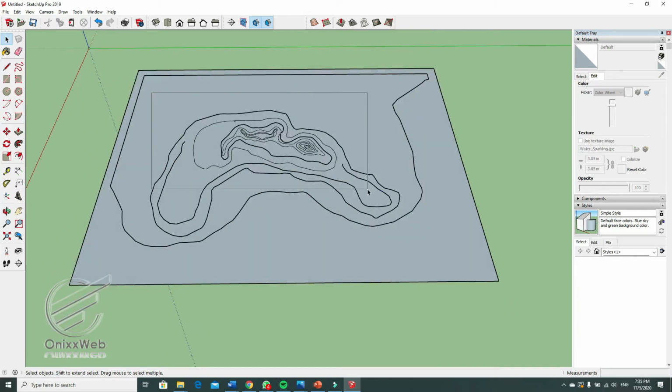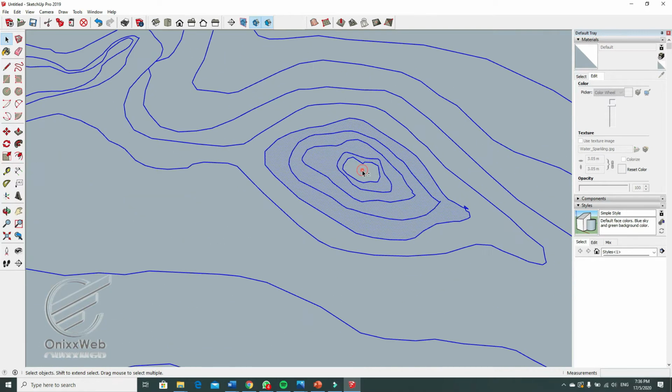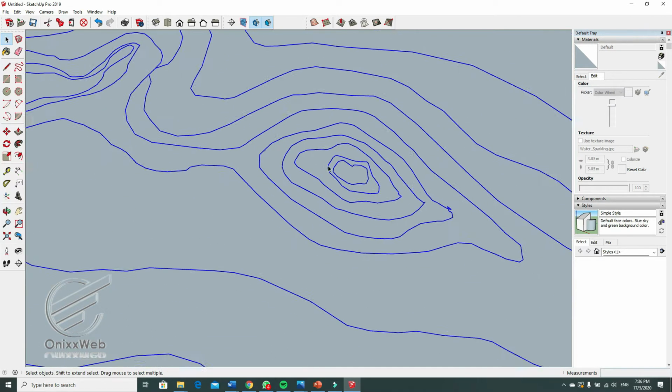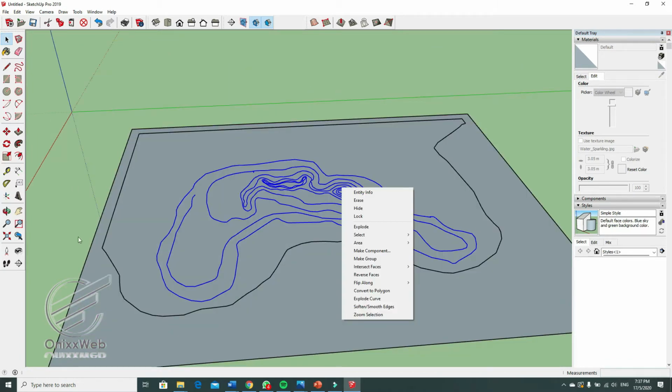Start by selecting the contour lines and holding the Control key, while clicking the rest of the contour lines. If you want to deselect a surface, simply release the Control key and hold down the Shift key while clicking. Since we are done with the selection, now let's group them to have a group copy of the lines and